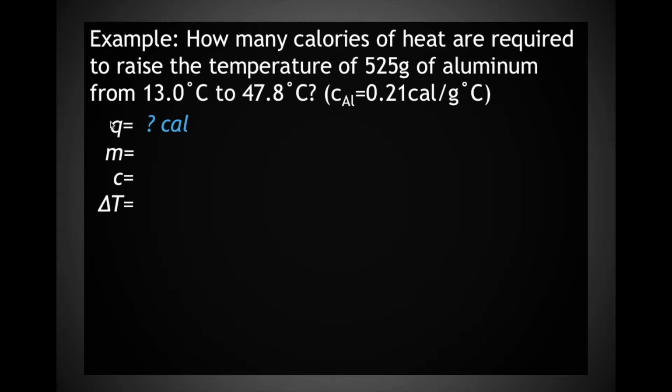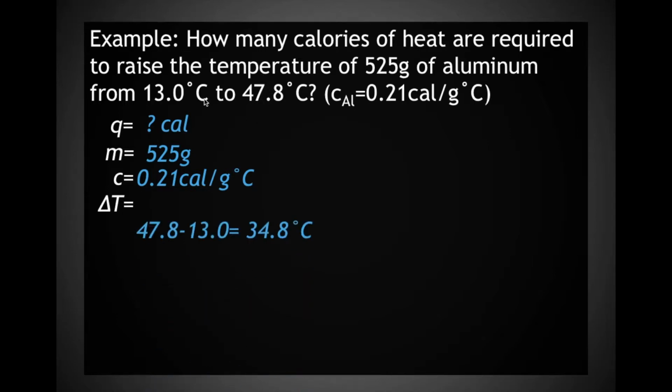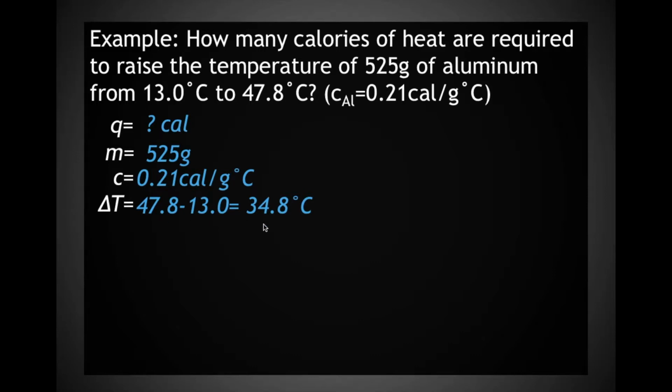So Q, it's asking for how many calories. That's our Q. How much heat, calories of heat, are required. M, we have our mass here. It gives us our C right here, so we plug that in. And it gives our temperature change. That triangle means a change in something. So make sure you know that you need to subtract 47 minus 13, and that's your actual number you're going